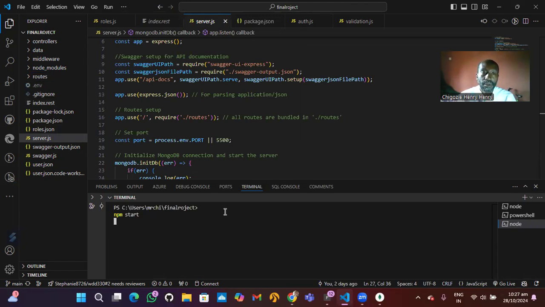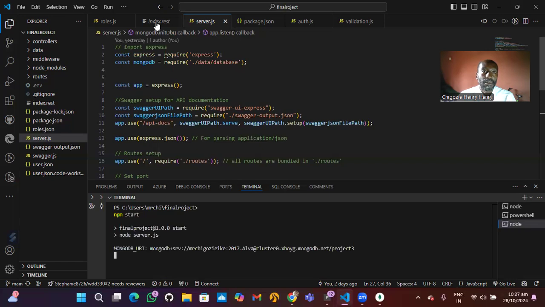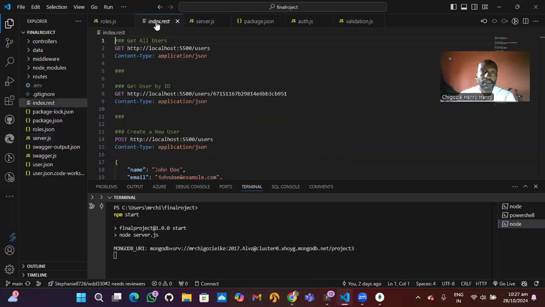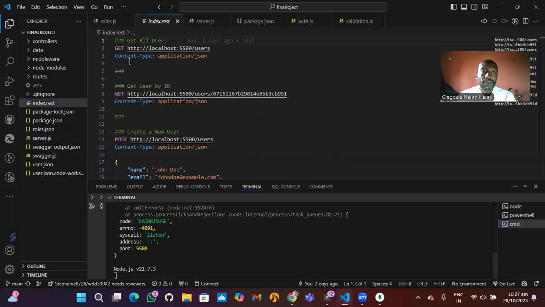I just found the code in my local host, and on my index.rest file,